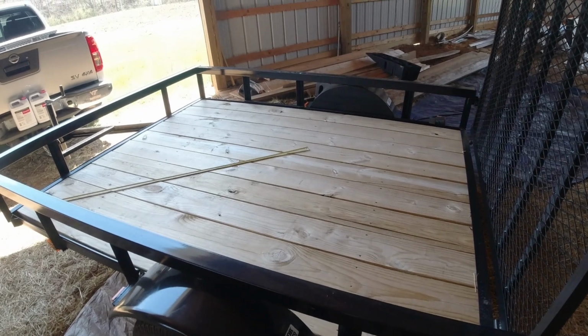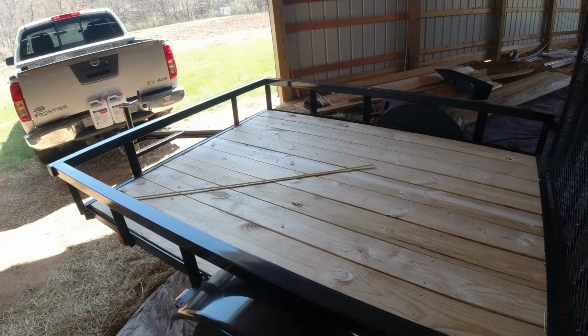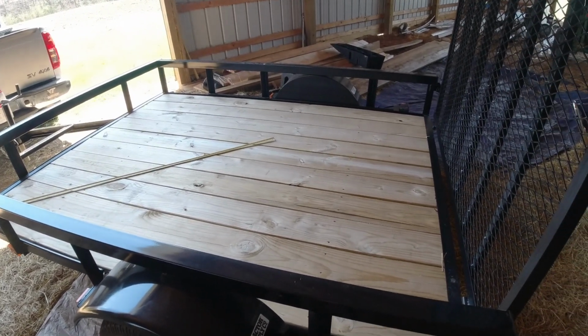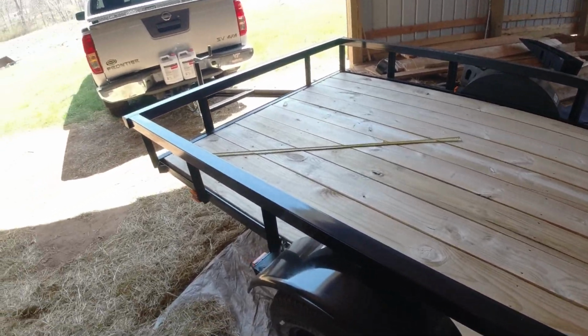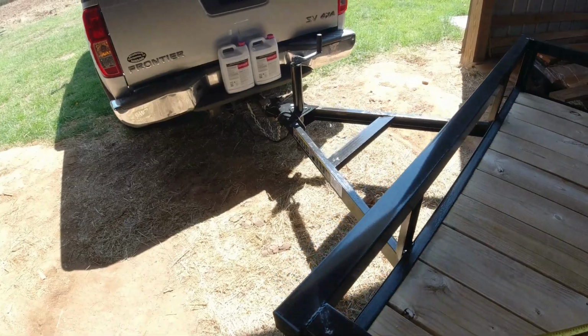So I took a day off from work, and my wife and I made a road trip with the Nissan right there, and we went and bought it. And so here it is. Just some more examples of